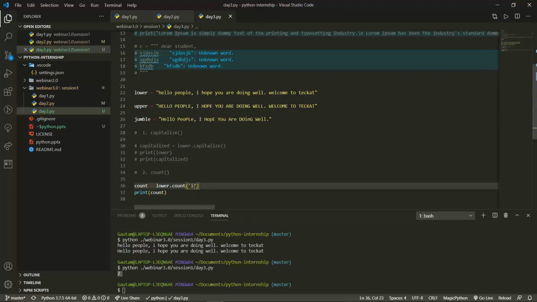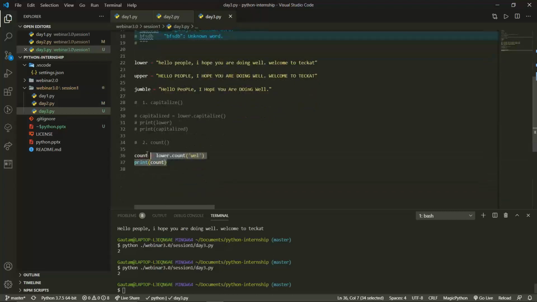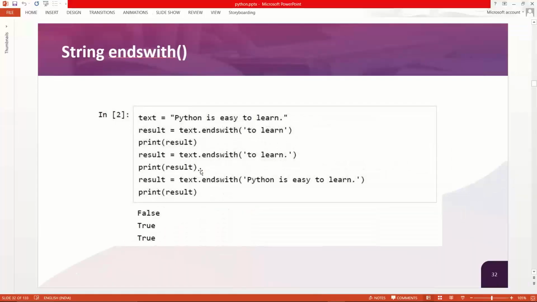Now if you want a V, how many times have we used V? Or w, then also I hope you will get only 2 times. So you are getting 2 times. Okay, so this is how it is. It helps with counting, and you can count the number of things present inside a string. Okay, now we will move forward.